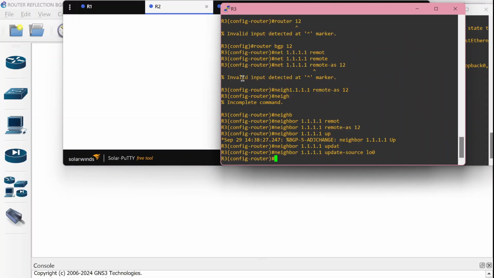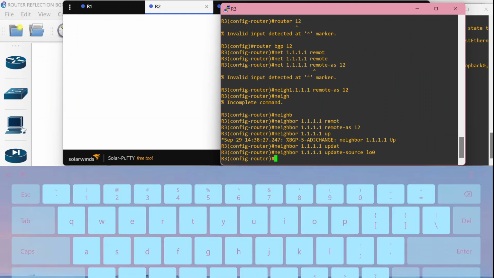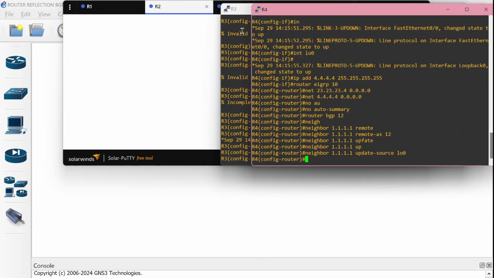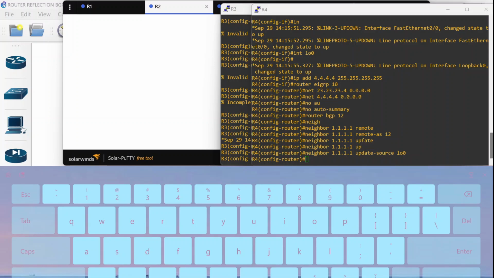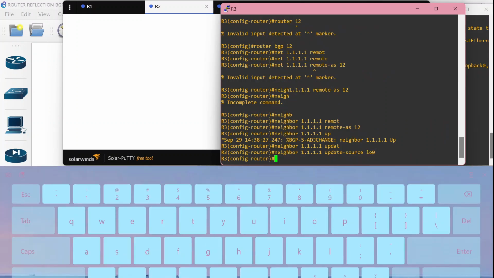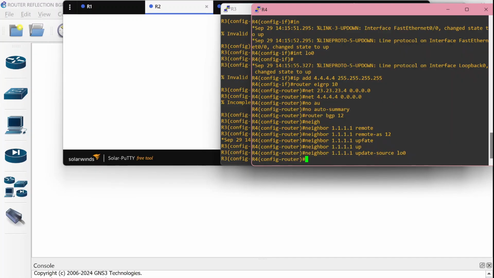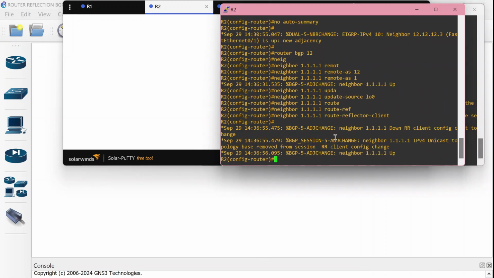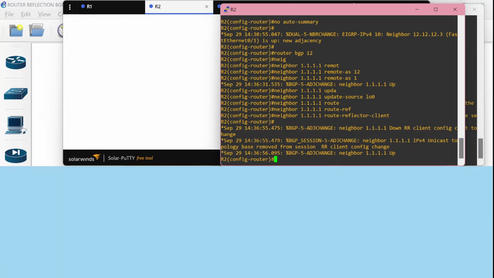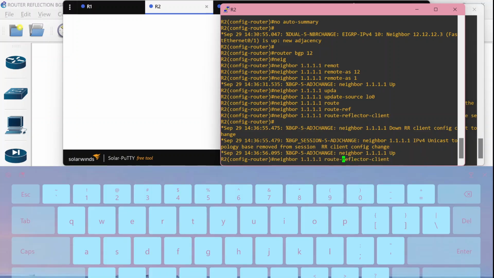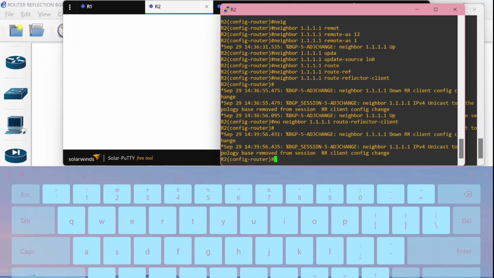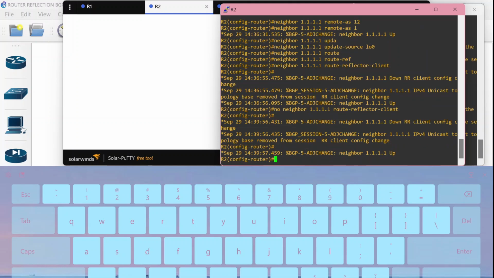Okay guys, in router number 2, I made one mistake again. This is now without route reflector client. I'm sorry.